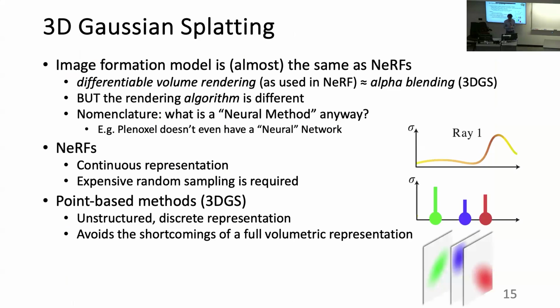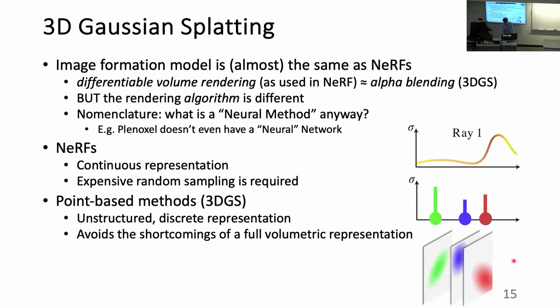So leading into 3D Gaussian splatting, the image formation model is actually going to be pretty much the same as NeRF's, because NeRF had a kind of differentiable volume rendering, which is kind of similar to alpha blending, whereas I already mentioned that with NeRFs, you had to integrate this continuous function with ray marching, which was a kind of differentiable volume rendering of some continuous description. Whereas with Gaussian splatting, I already started hinting at this being a particle-based discretization, which means that